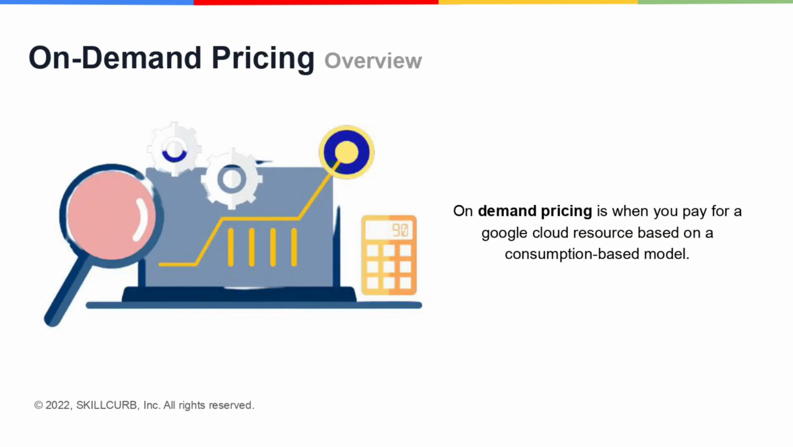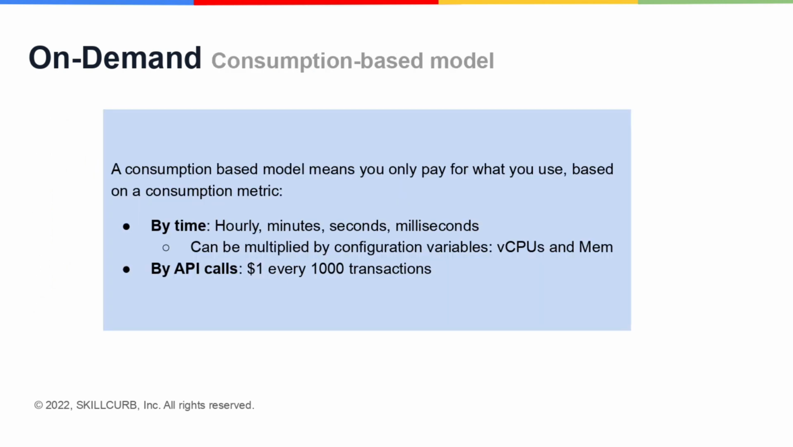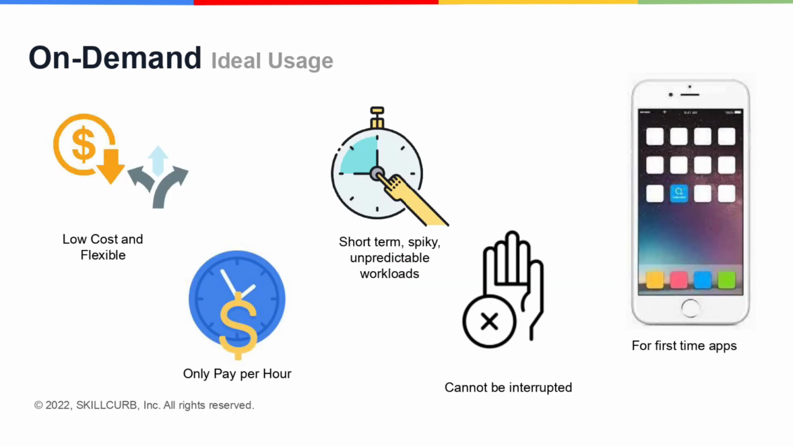On-demand pricing is when you pay for a Google Cloud resource based on a consumption-based model. A consumption-based model means you only pay for what you use based on a consumption metric. So that can be by time, which is hourly, by minutes, seconds, or milliseconds, and that can be multiplied by configuration variables like your vCPUs and your memory, or by API calls, which can be up to $1 for every 1,000 transactions. On-demand is ideal in the following situations: when you need something that is low cost and flexible and you only want to pay per hour, and you need short-term spiky, unpredictable workloads, and that cannot be interrupted,